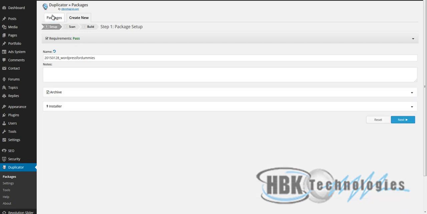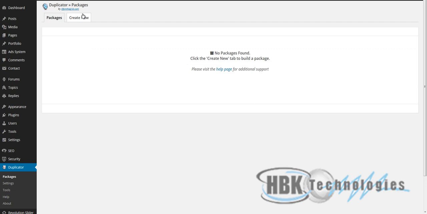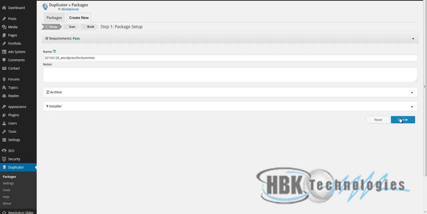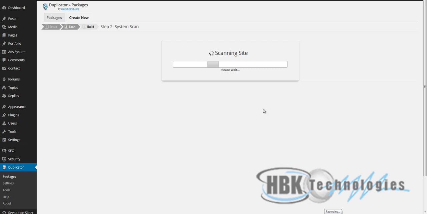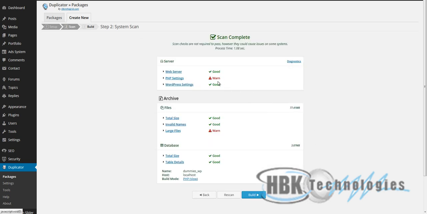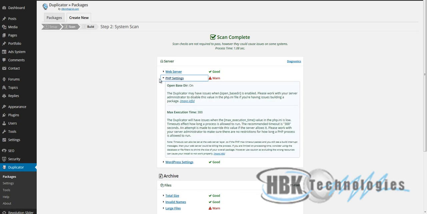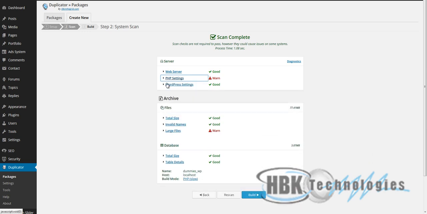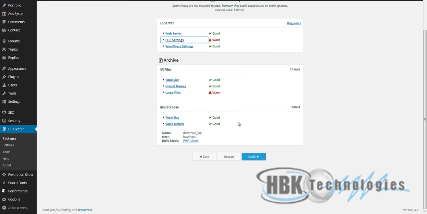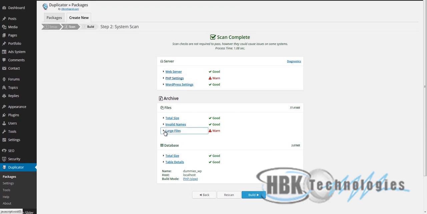So at this point, when you get to this Create New screen here, you're just going to want to hit the Next button. Right here. It's going to scan your site like so. Usually you can just warn this. It's going to tell you what it doesn't like here. It doesn't like open basedir, and it doesn't like the maximum execution time. I'm going to bet you it's going to work. It'll also tell you different errors here. Typically you're not going to get good across the board, but the more warnings you have, the less chance it's going to work right. We have optimized hosting for WordPress. One of the features that works with our hosting is this plugin. We use this all the time. So we're going to hit Build,